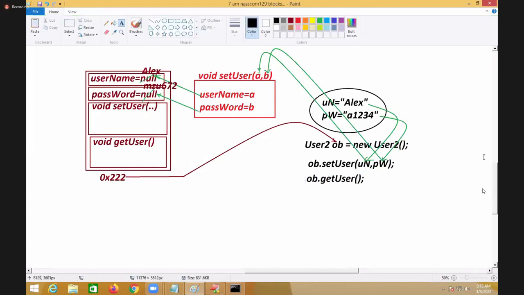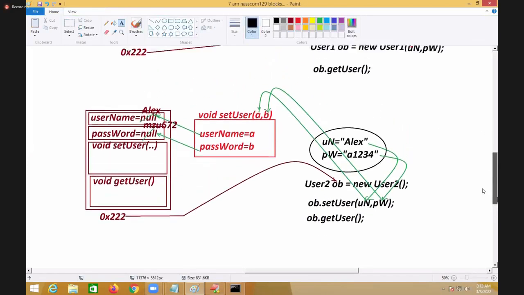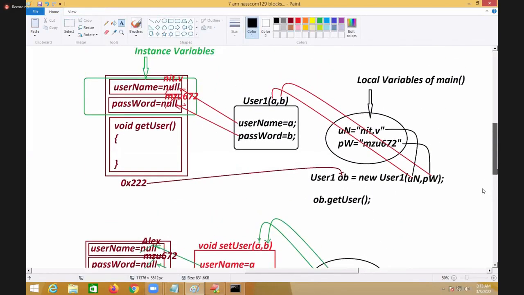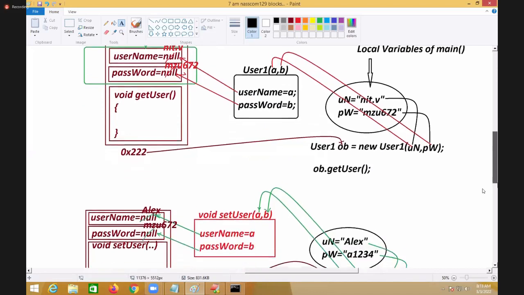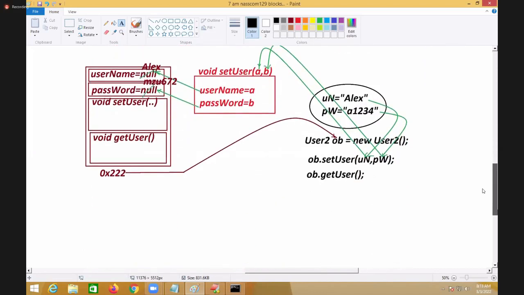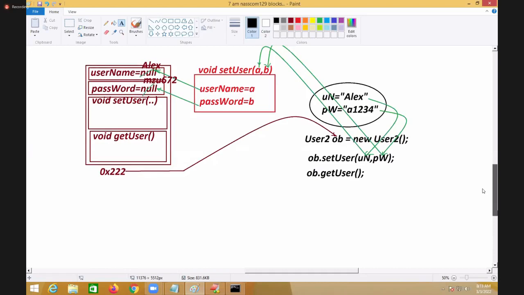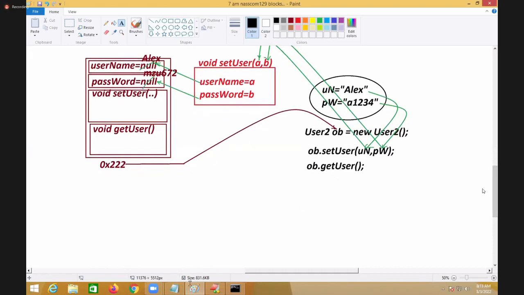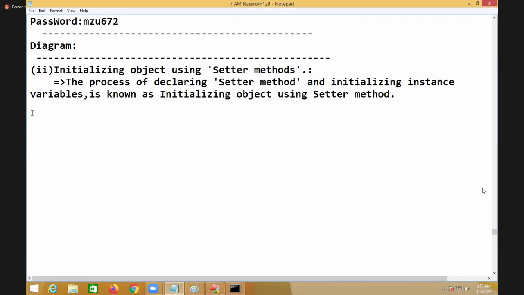Here we took the support of a constructor. User one is a constructor, executed while object creation. Here I am taking a setter method, executed after object creation. Definitely execution time is increased. Understood this point now, right? That is the diagrammatical information there. Okay. Now,